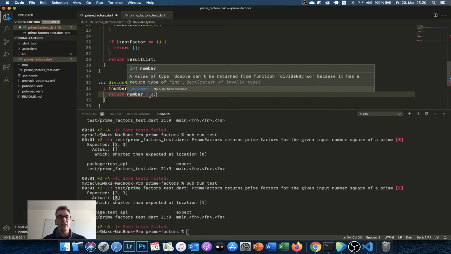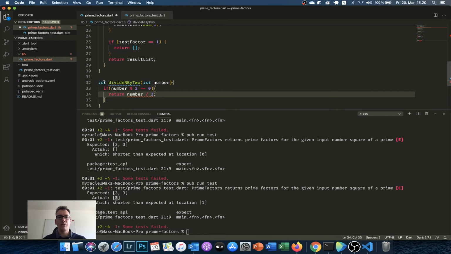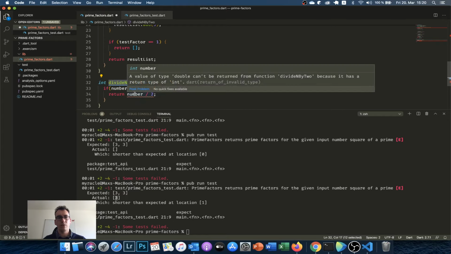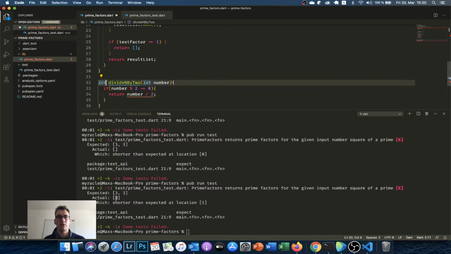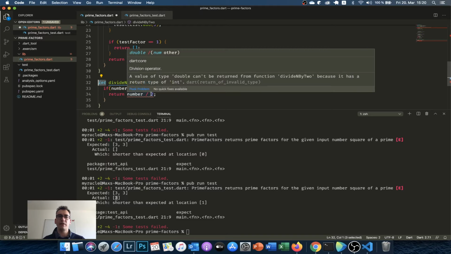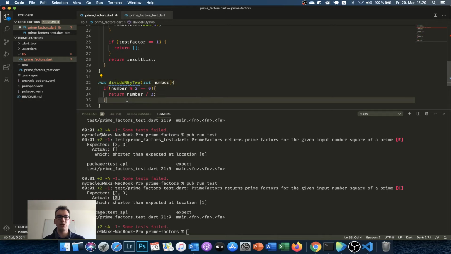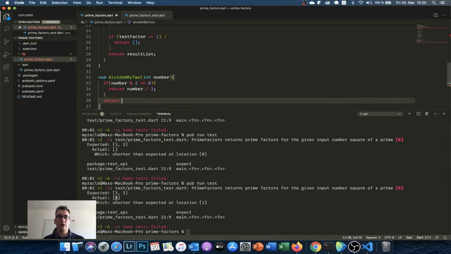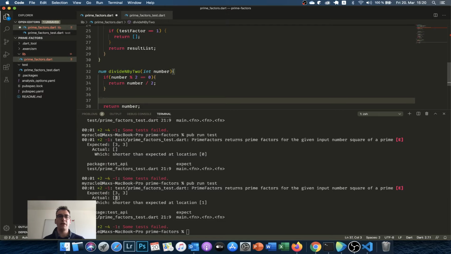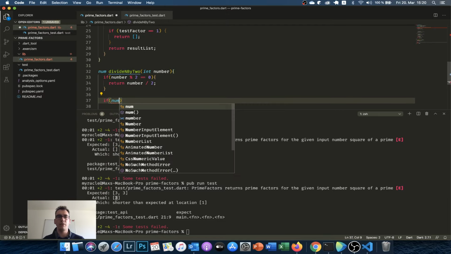So let's see, we have that number that we now divide by 2, and we return that integer wherever we use it. Why is it red? It's a double in that case. We have an integer and divide it by 2. He thinks it can be a double in that case, but let's have a number here, though I'm pretty sure it is not possible. Or else we return the number, right? If it's not divisible by 2, on the other hand, we could also say if it is divisible by 3,